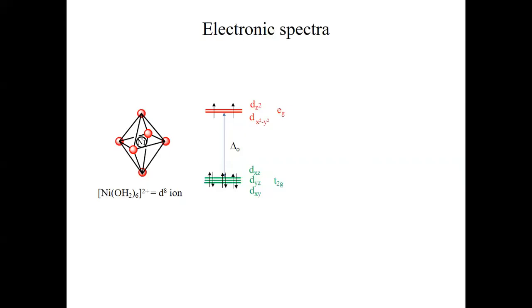I told you a number of times before that a good bonding theory should be able to explain the optical spectra of compounds well, and